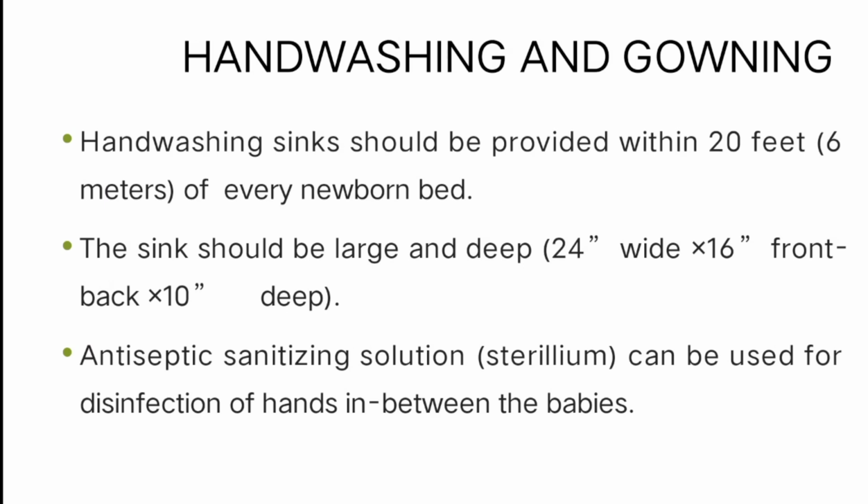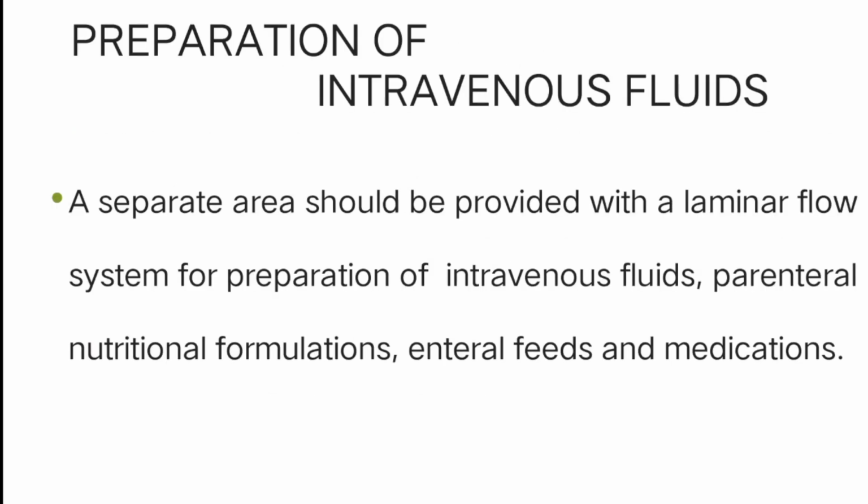A hand washing sink should be provided within 20 feet, that is 6 meters, of every newborn bed. A sink should be large and deep, that is 24 inches wide, 16 inches front and back, and 10 inches deep. Antiseptic sanitizing solution, that is sterillium, can be used for disinfection of hands in between the babies. For doing any procedures, each and every time you cannot go and do the hand washing procedures. So to avoid that time duration, we are using the sterillium. In between the babies, you can use the sterillium as antiseptic sanitizing solution in order to prevent the cross